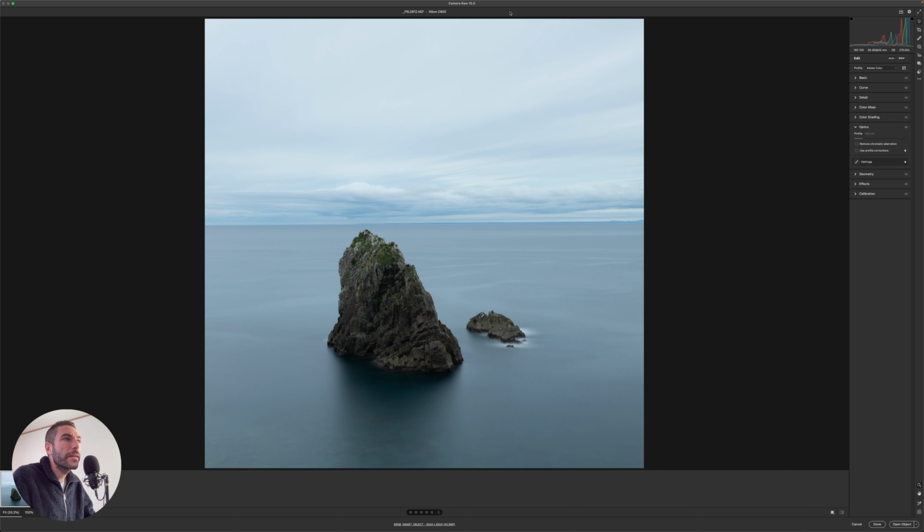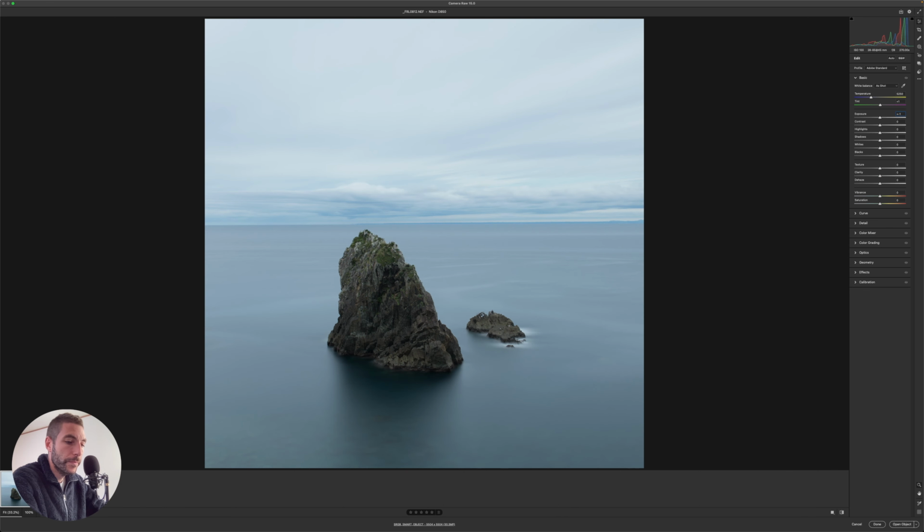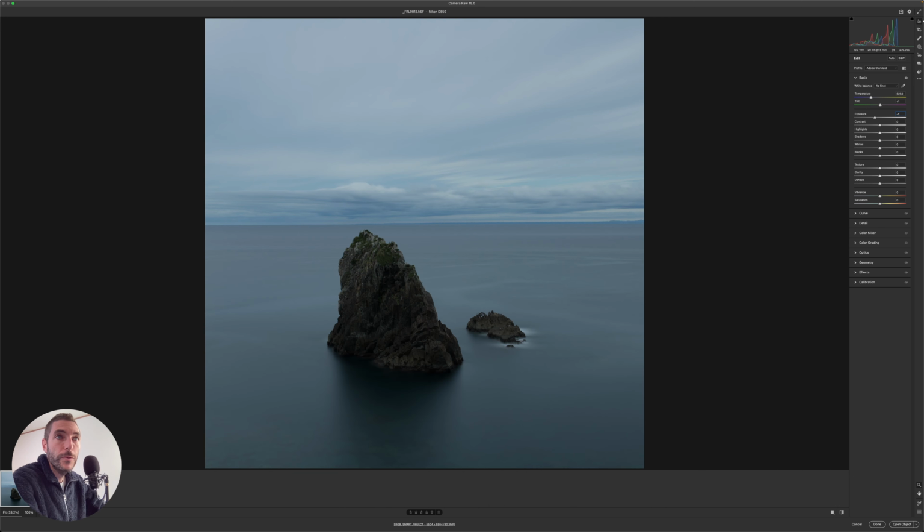I'm here inside of Camera Raw. I have the same image opened up. I'm gonna do the same preparation that Dehancer wants me to do to edit the image. So I'm going to change this to Adobe Standard. I'm gonna bring down the exposure to -1.